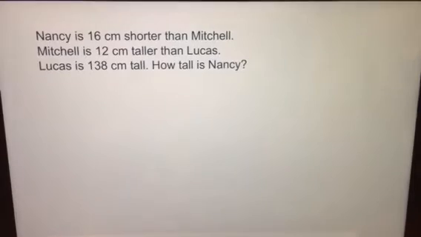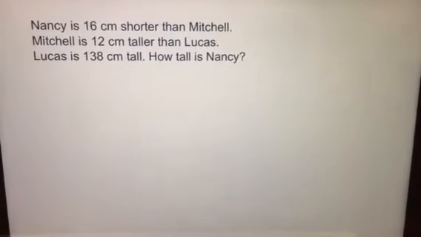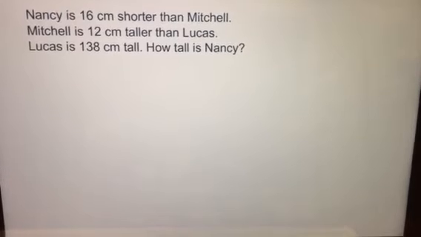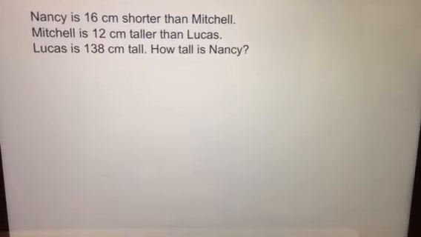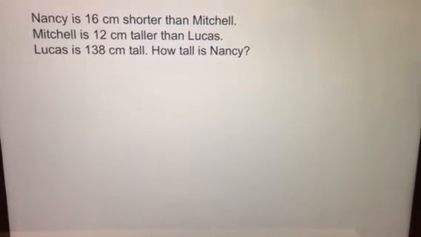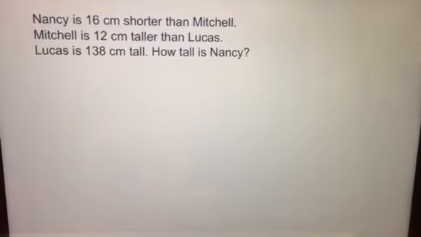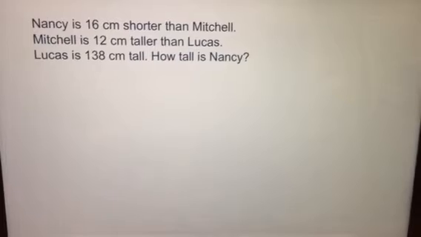Nancy is 16 centimeters shorter than Mitchell. Mitchell is 12 centimeters taller than Lucas. Lucas is 138 centimeters tall. How tall is Nancy? Now, when we read this, we need to make sure that we divide this into two